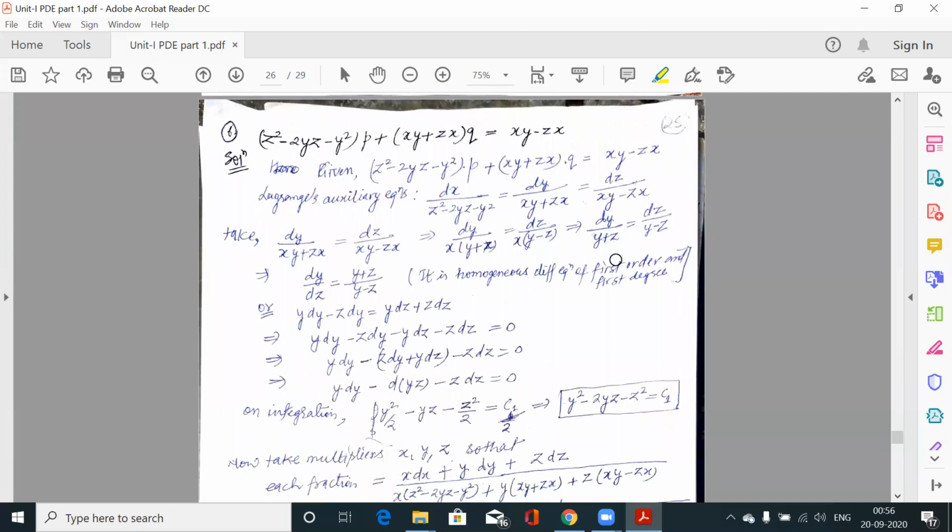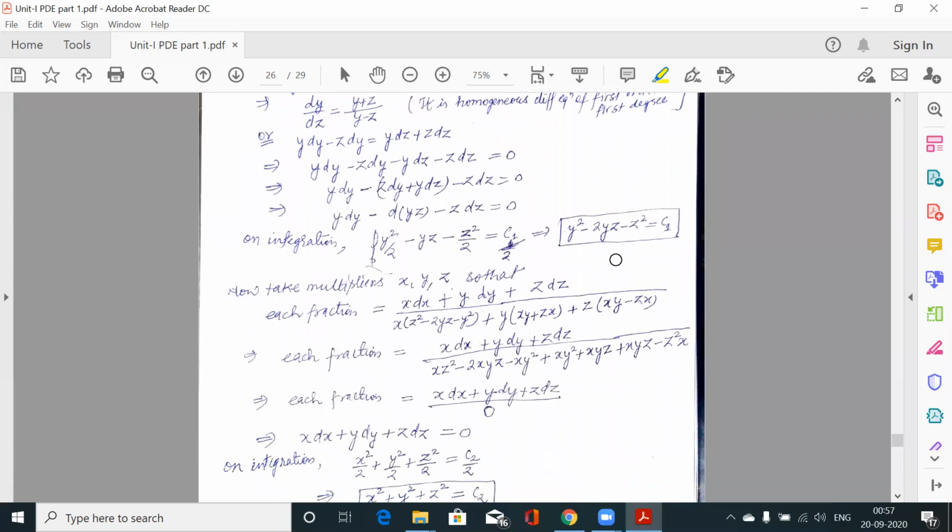Now I have explained to you each and every case. The first case is when direct integration is there. The second case is when we can use the first solution to get the second integration. In the third case, we use multipliers such that either the denominator is 0 or the numerator is the exact differentiation of the denominator.